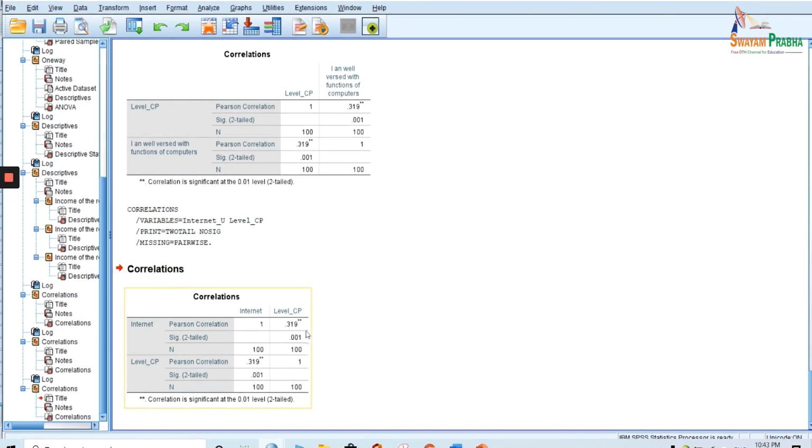In this case, our p-value is 0.001, which is less than 0.05. So we will say that yes, there is a significant correlation between internet use and the level of computer proficiency. This is how we can use the correlation.